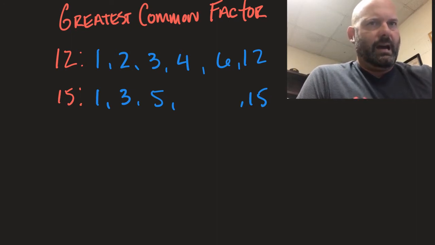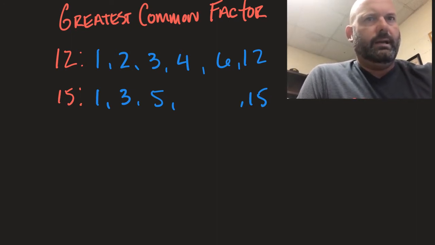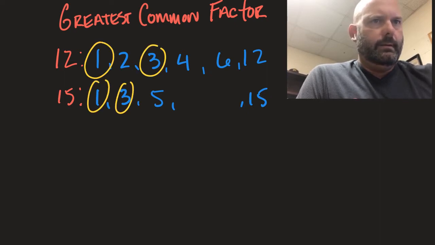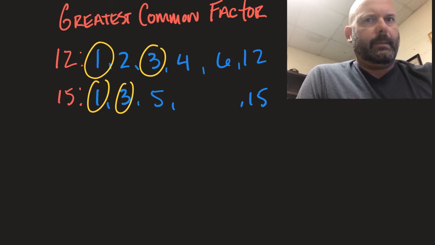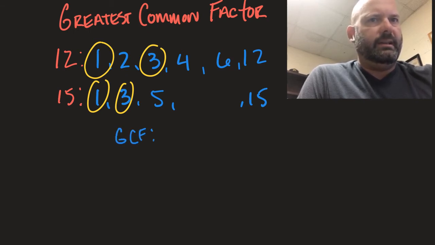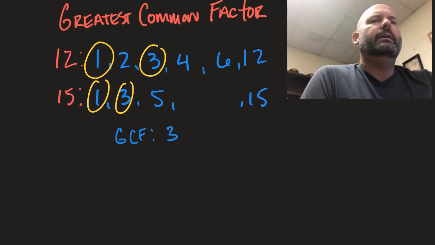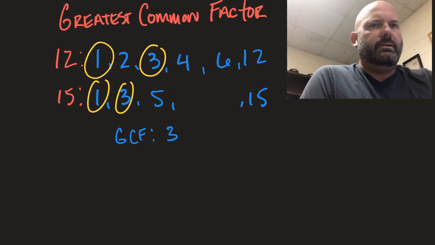So now we look at common factors. Okay? Well, 1, 3, and that's it. So we know our greatest common factor of 12 and 15, the largest one, is 3. Okay? Another way to do this,